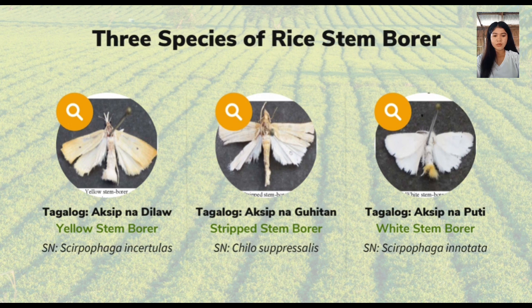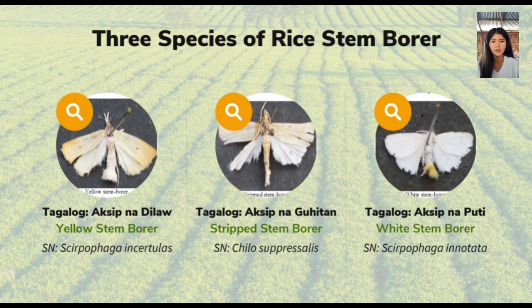The three species of rice stem borer. First is the yellow stem borer, scientific name Scirpophaga incertulas. Its habitat is flood-prone and multiple crop areas, its host range is rice and related wild rices, and the distribution is from Luzon, Visayas, rice crop areas. Next is the striped stem borer, scientific name Chilo suppressalis, and their habitat is